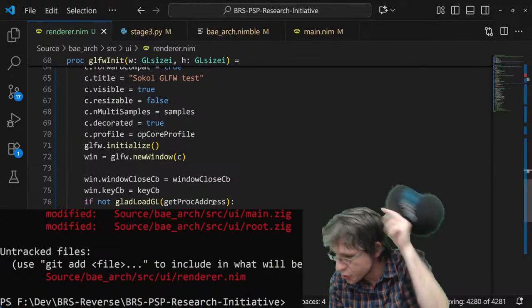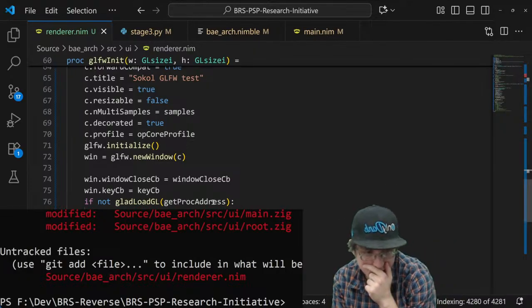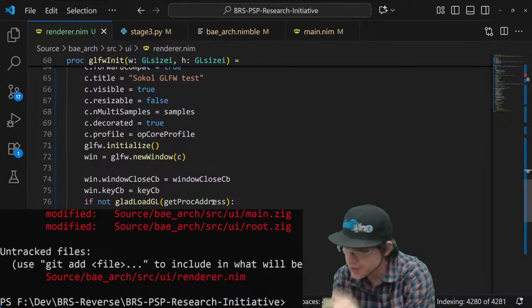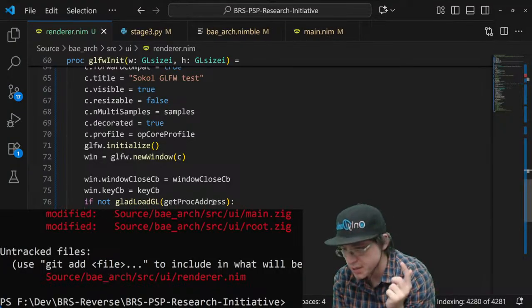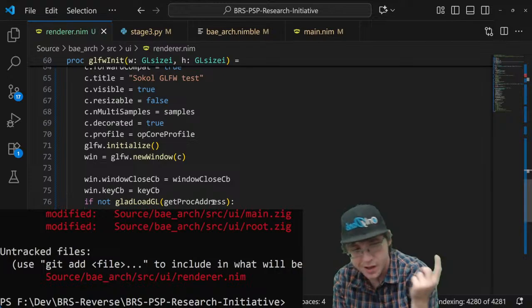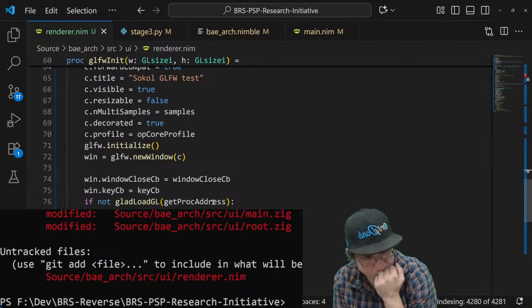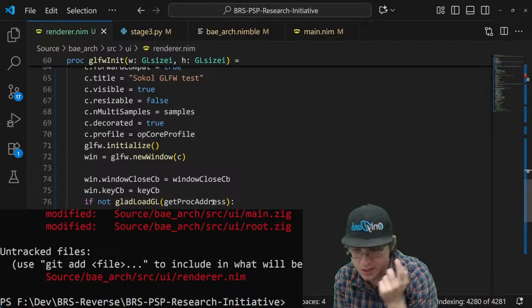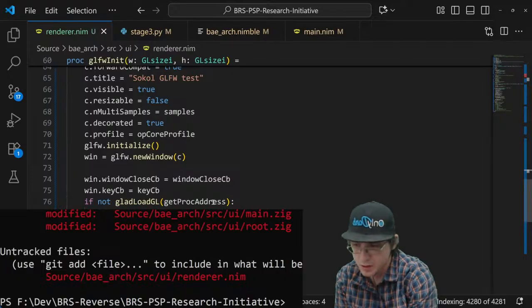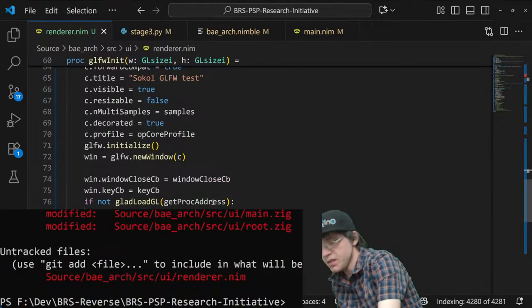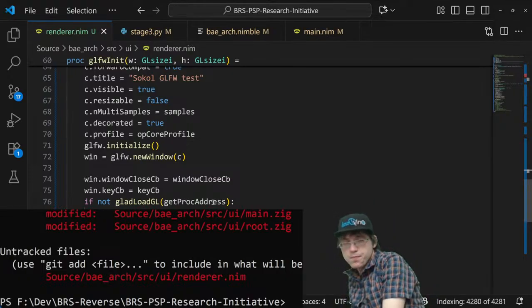This is getting way too complicated for what I need. And even though GLFW 3 does have some pretty up-to-date bindings, doing this in Nim seems like it's just going to be way too complicated, and it's just not up there.